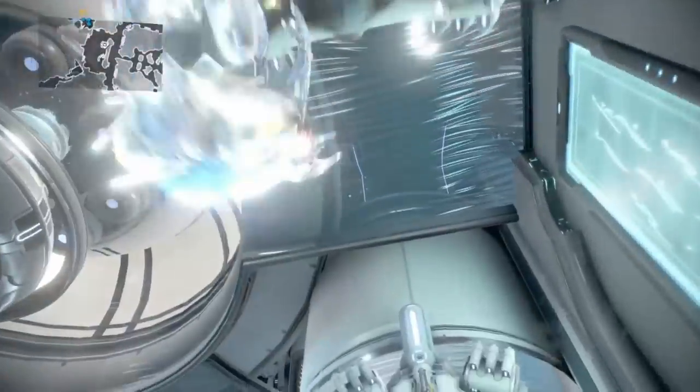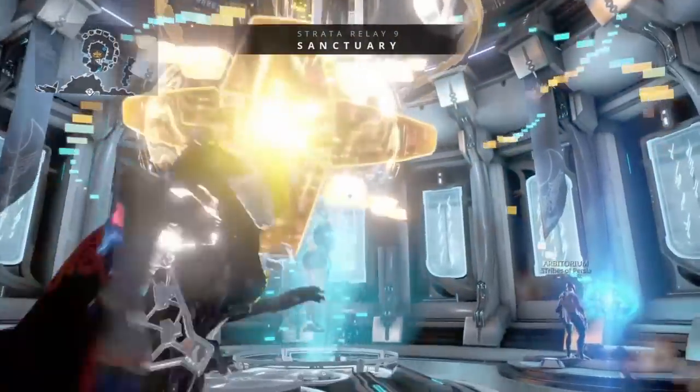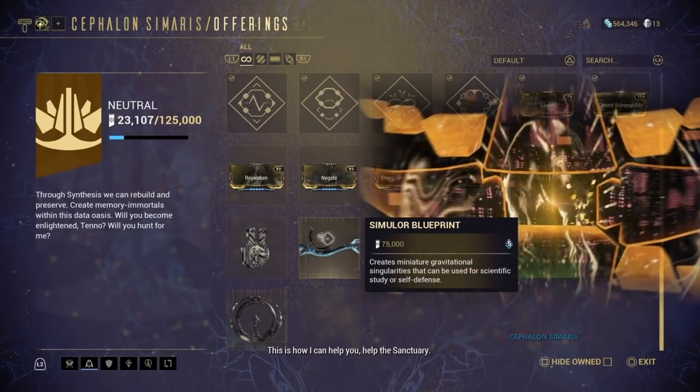It's taking too long. Alright, so head over here, and right here, where it says the sanctuary, you're going to want to head over to this spot right here, and the weapon should be right there. Simulor. That's the regular version of the...